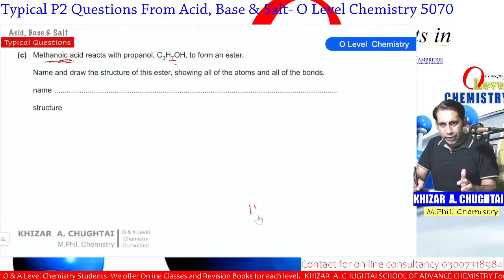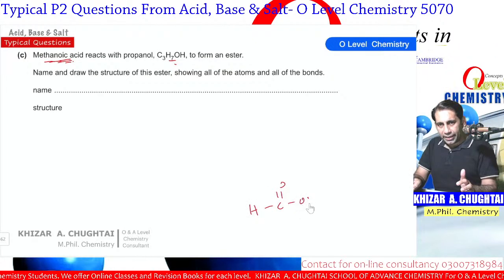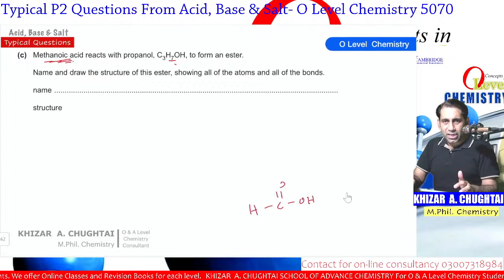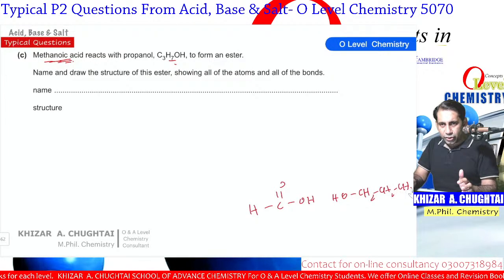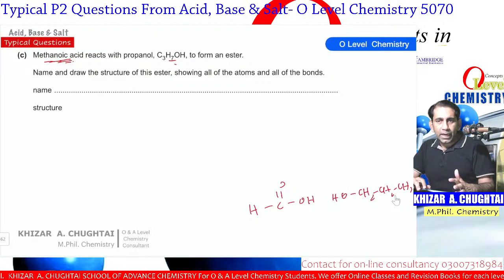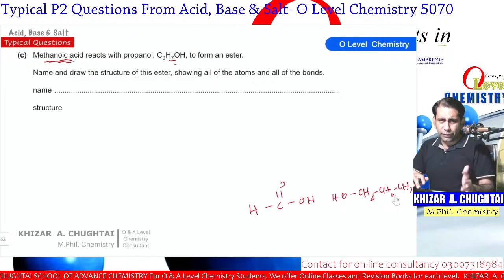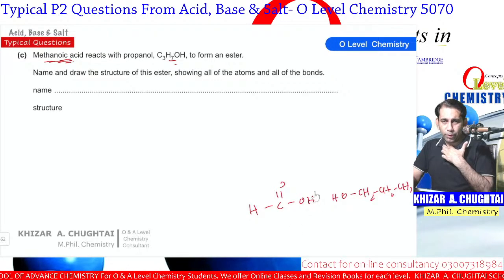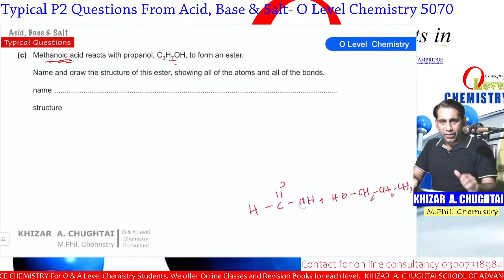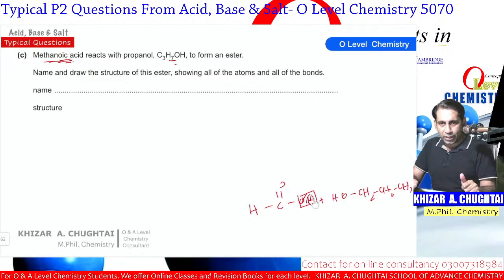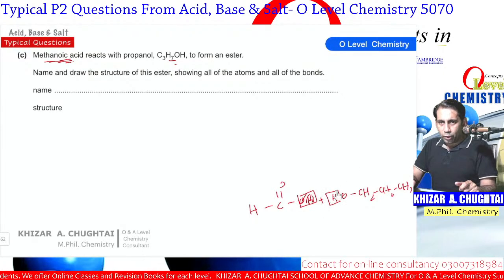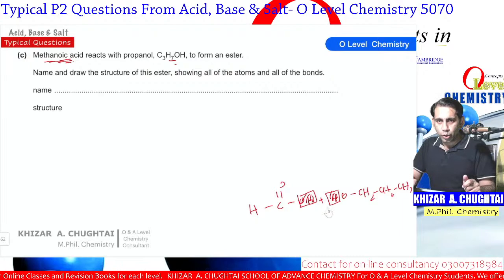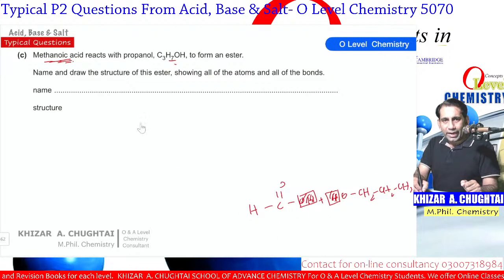First of all, on the rough page, you can draw the structure of methanoic acid. This is the structure of methanoic acid and this is the structure of propanol. And I'm going to write OH on the side of acid, CH2, CH2, and CH3. That is the full formula, or you can say the condensed formula, of propanol. So when they react together for the esterification, there is a loss of the OH group from the acid. Even though it is an acid, it will lose the OH group. And the alcohol will lose a hydrogen atom and so on. So as a result, you will get this structure,